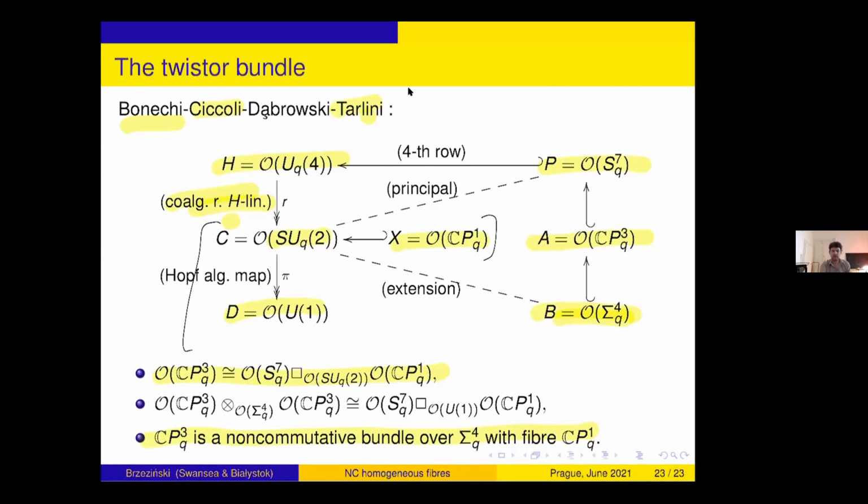But then if you look at your description of CP3 as the cotensor product, OQS7 is going to have, well, you're defining OQS7 with respect to a coaction on the right. So that means that you have a coaction on OQS7. If you're understanding it as inside UQ4, there should be a coaction on the left with OQ of U4. Maybe I'm just misunderstanding something. Maybe it's too technical a question. So it is, okay, so UQ4,